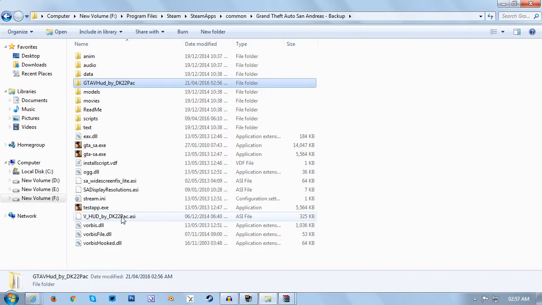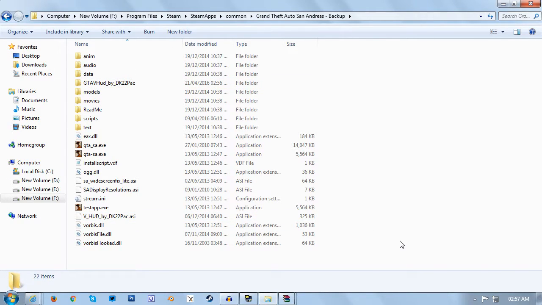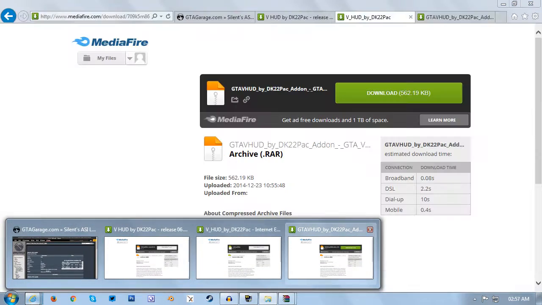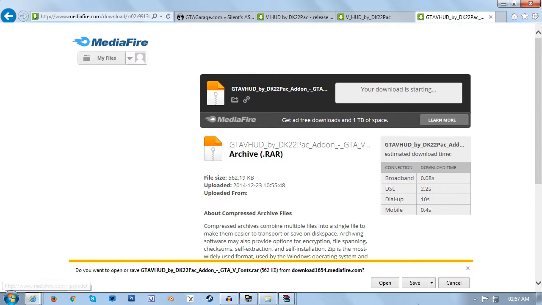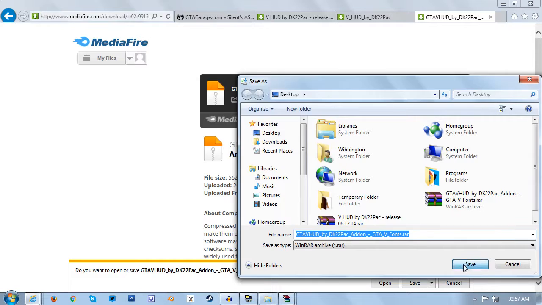So you go back to the root directory folder, and then as a little optional extra for the full GTA 5 HUD experience, you can go to the fourth link in the description, which will take you here. Just close that there. To GTA 5 HUD by DK22 pack add-on, which is actually the font files for Grand Theft Auto 5, because as standard it will use the San Andreas fonts. But if you want the full GTA 5 HUD experience, you can simply swap out the fonts with these ones here. So we'll download these, save these to desktop over the ones I've already got,